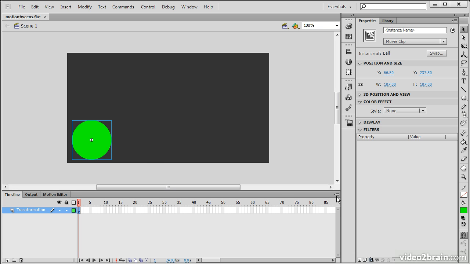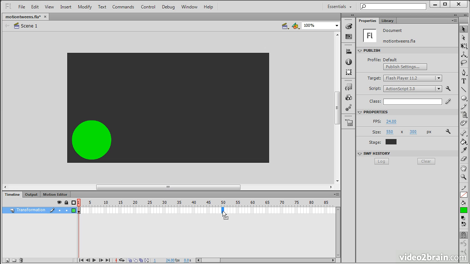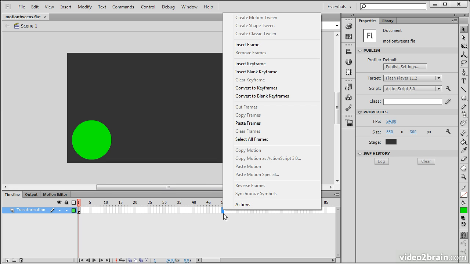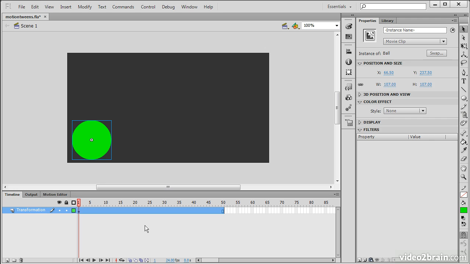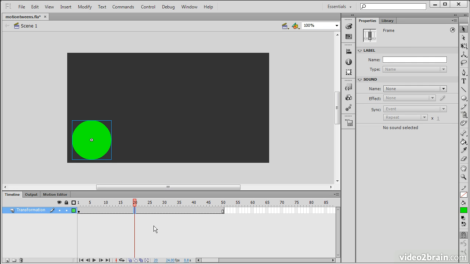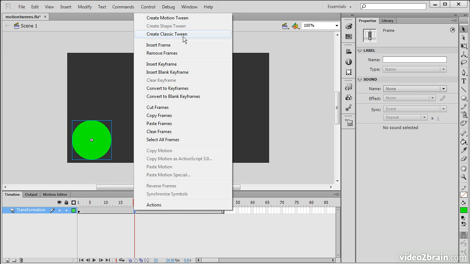motion tweening. Let's move over to frame 50, and what we're going to do is simply insert frames up to and including frame 50. Now we have 50 frames and only one keyframe with one object in here. If we want to create a motion tween, simply click anywhere in this frame span, and then right-click, and choose